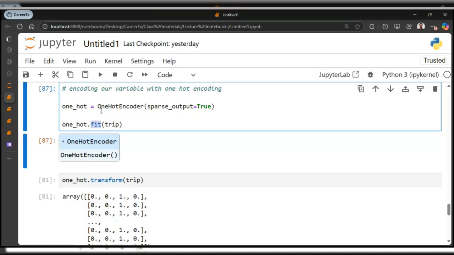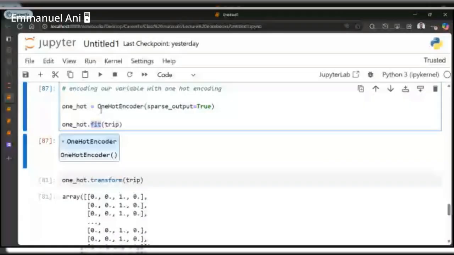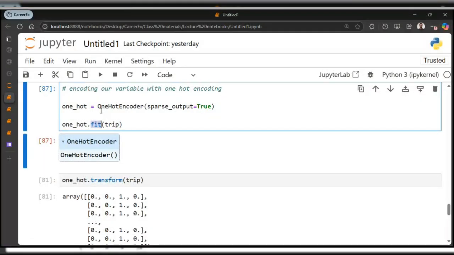But it doesn't translate to anything. You are not doing anything. You are just planning in your head. So that is what .fit does. It learns from the data itself, looks at the data and understands how to transform that data, basically. So it stores it in its memory, right? So when you now move on to transform, it is like moving to the kitchen and using all those plans you have in your head to make that spaghetti. Transform is like performing the action. All right. So this is just to help you understand more what these two methods do.